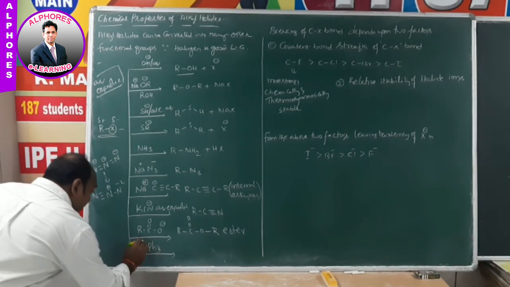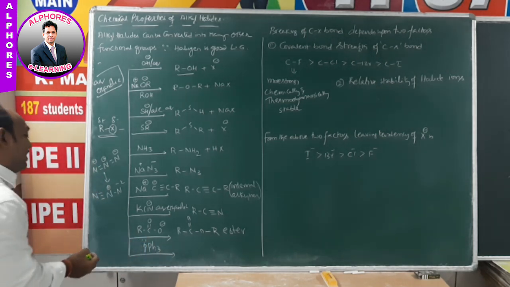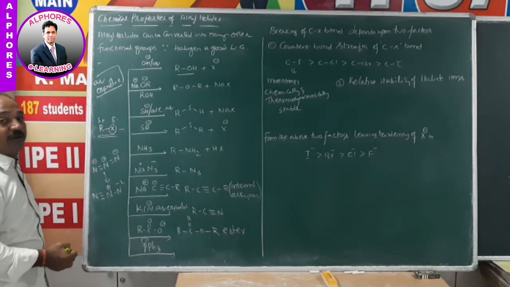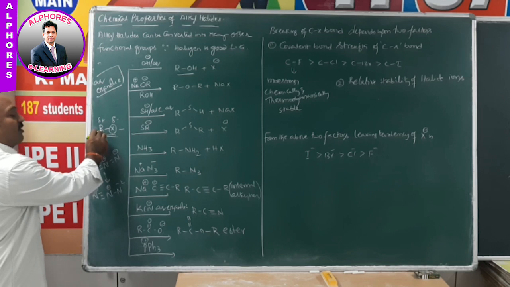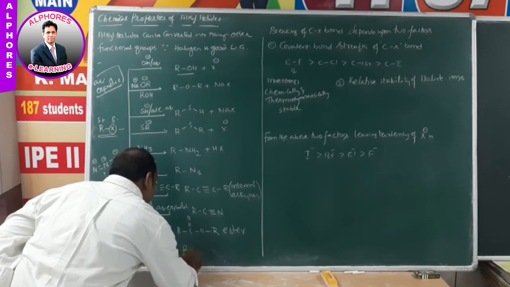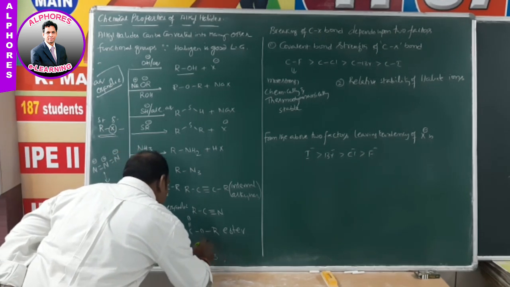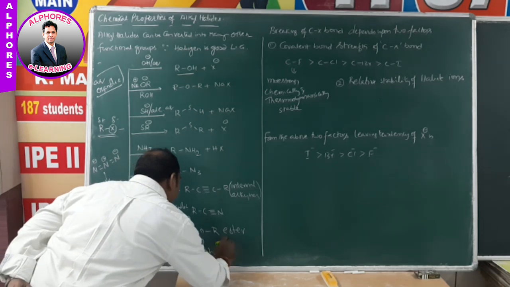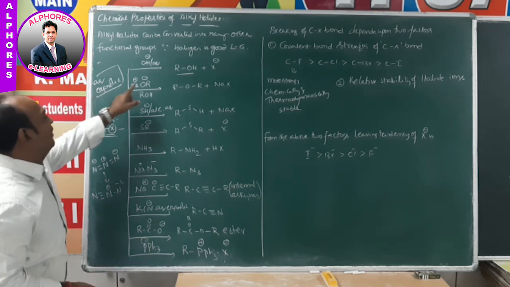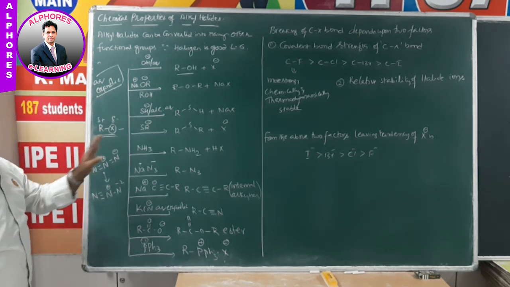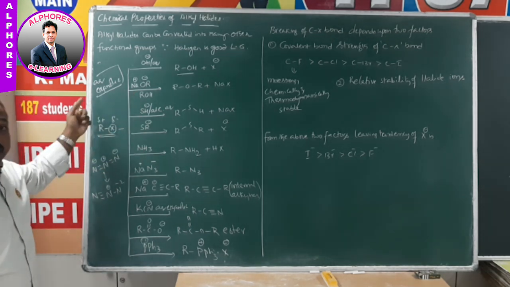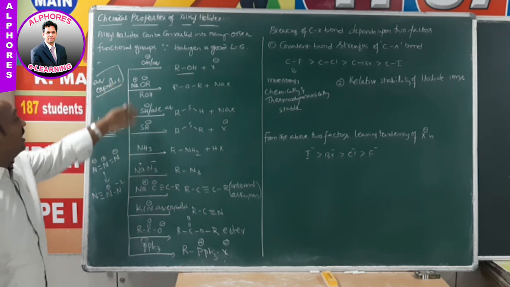And with triphenyl phosphine, here also phosphorus acts as a neutral nucleophile. It utilizes its lone pair of electrons, donates them to the electrophilic carbon and displaces X minus, and then we get R P Ph3 plus X minus. So in all these reactions it is very clear that one of the negatively charged species is going to displace X minus. The displaced one has a negative charge, and the one displacing it, the one we generally use, also has a negative charge.